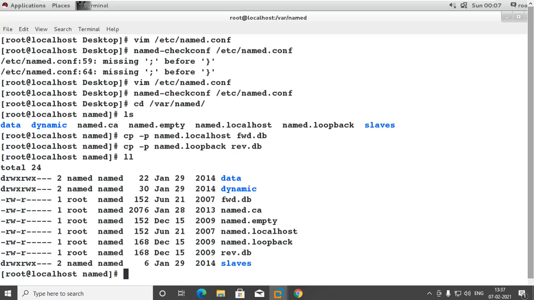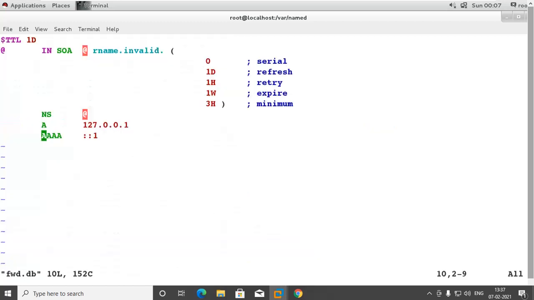Now we will edit this file. This is the start of authority. We will write the domain name, the name of the name server. Let's say my name server is ns.lesson.xyz. and the email ID of the name server admin.